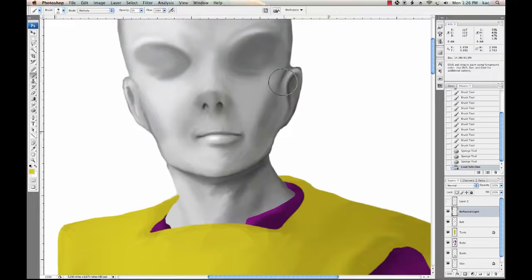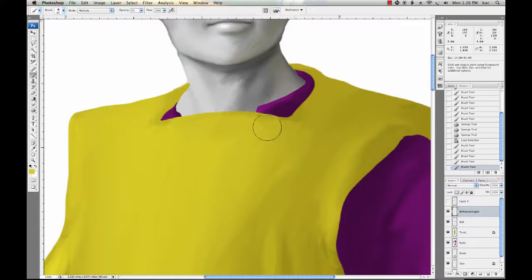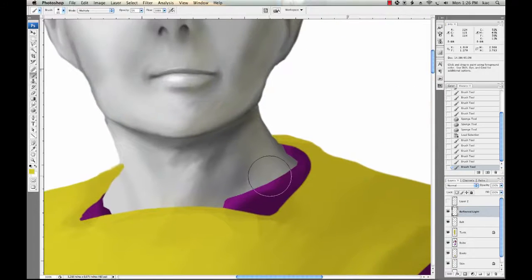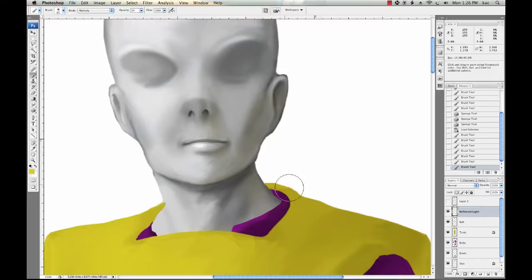And I'm just going to start painting some very subtle color into, in this case, the shadow areas, since they're the areas that point downward. And we don't want to get anything too abrupt or too noticeable. And it's just going to be a very little bit of yellow that is reflected off the tunic, and we'll